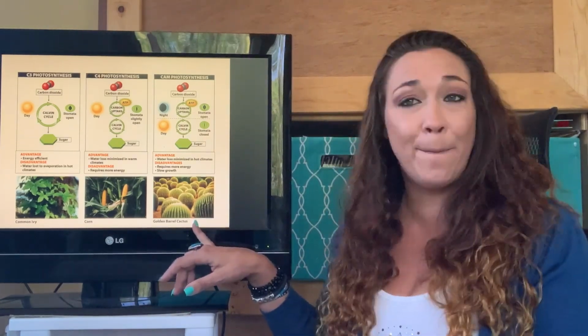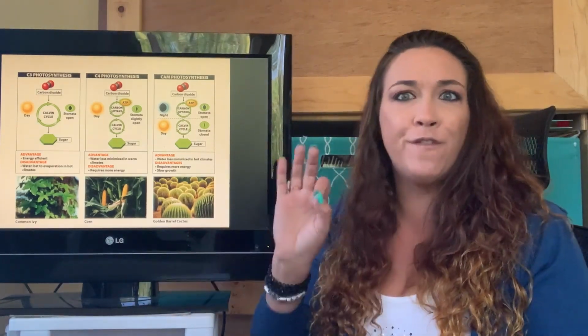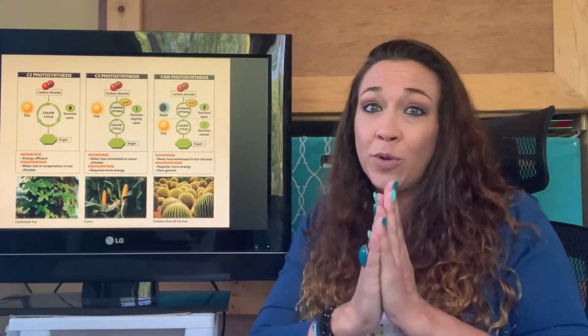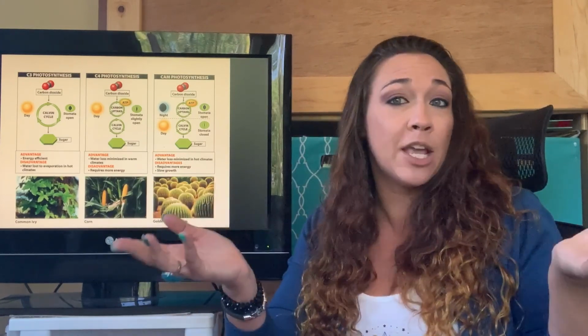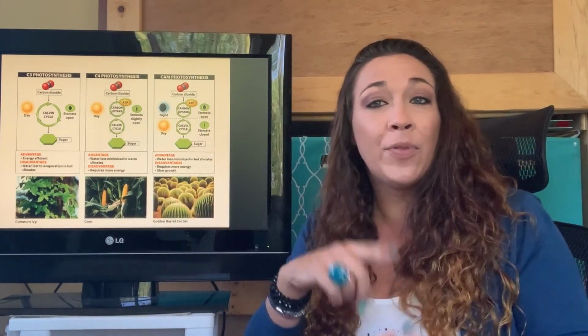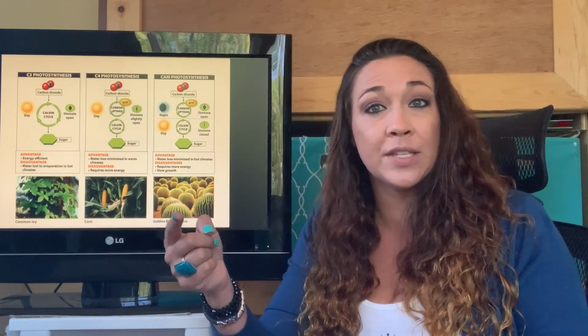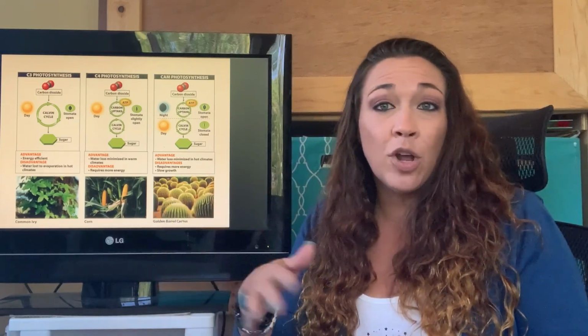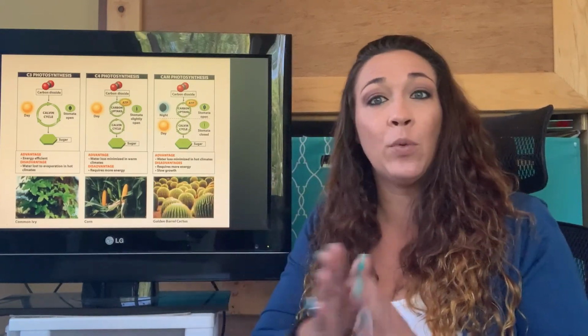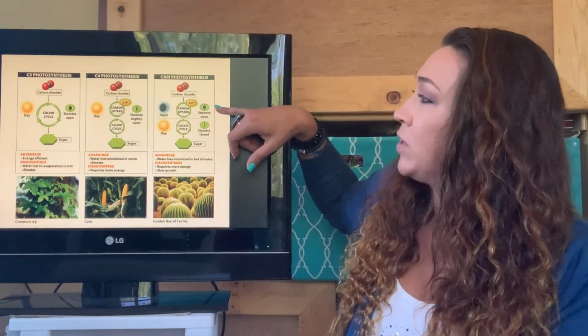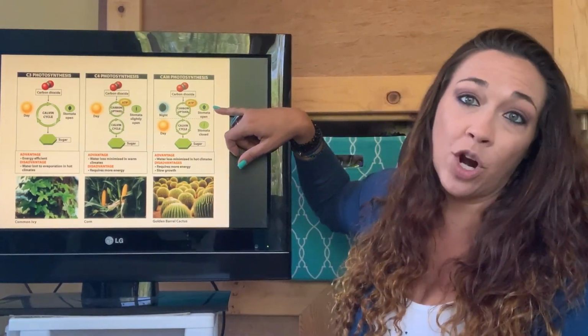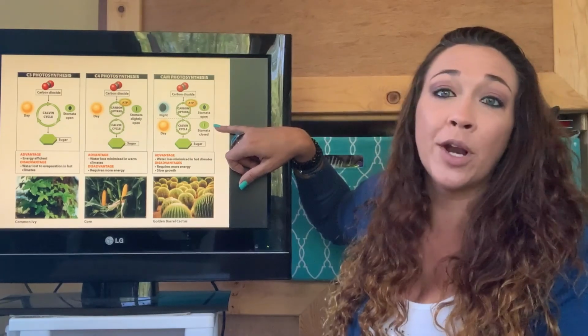Now the CAM plants, these guys live in very hot conditions. They're like, we are never opening our stomata during the daytime because it's 120 out. So their stomata are closed during the daytime. Yes, they absorb that light energy during the day, but they have to wait to go through photosynthesis until nighttime. They're not going to be able to do their gas exchange until night when they open their stomata. So that's what you can see right here. At nighttime, they're doing their carbon intake. In the daytime, their stomata are completely closed.